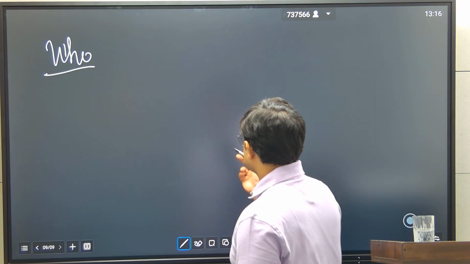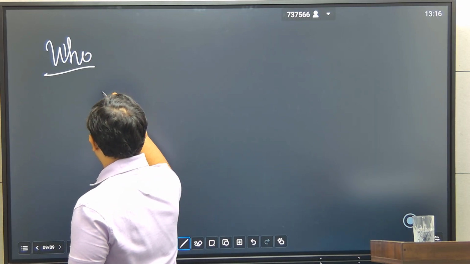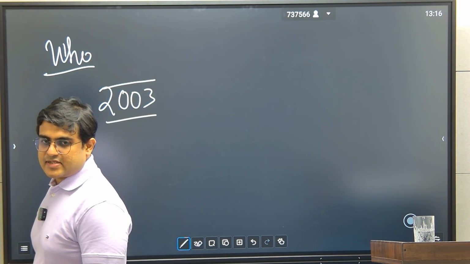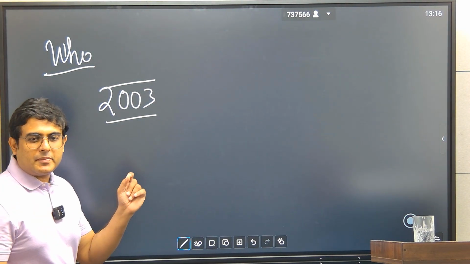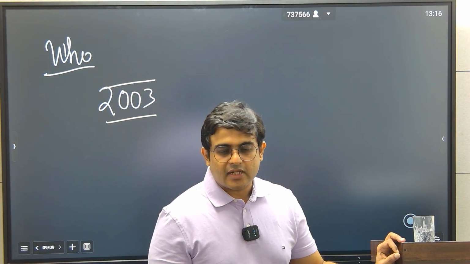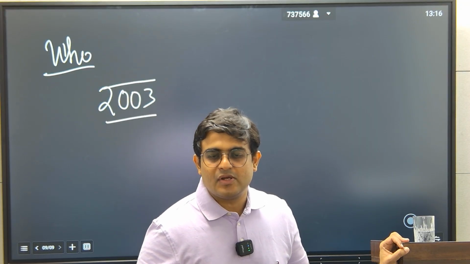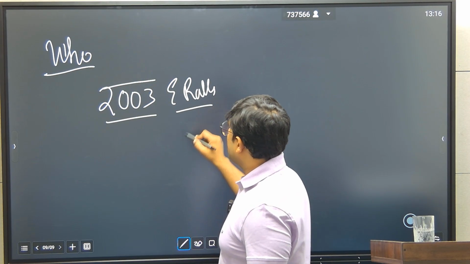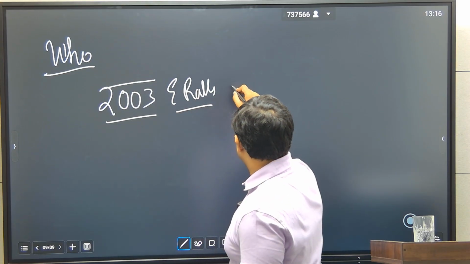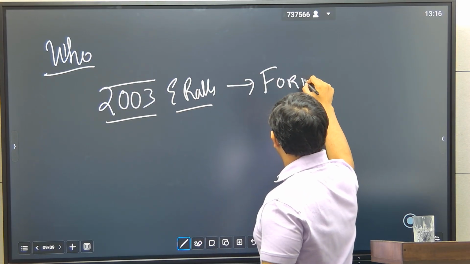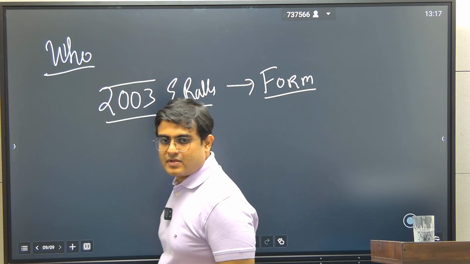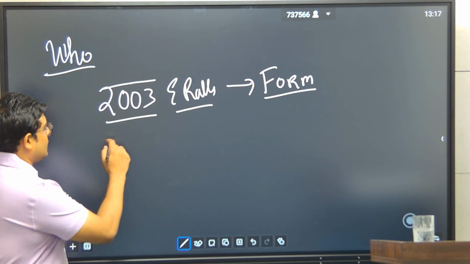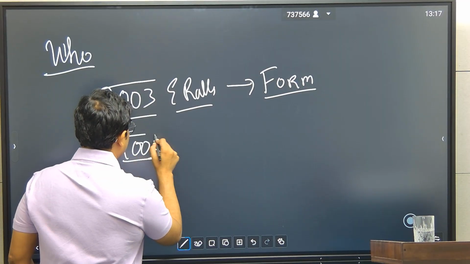Now, we had talked about how in 2003 the rolls were revised. If you find your name in the electoral rolls of 2003, that is, you have voted till now, so your name is there, then you have to just fill the form. Only fill the form. Nothing else is required. Okay, this is one. But if your name is not there in the 2003 electoral rolls, either it's there or it's not there. So if it's not there,